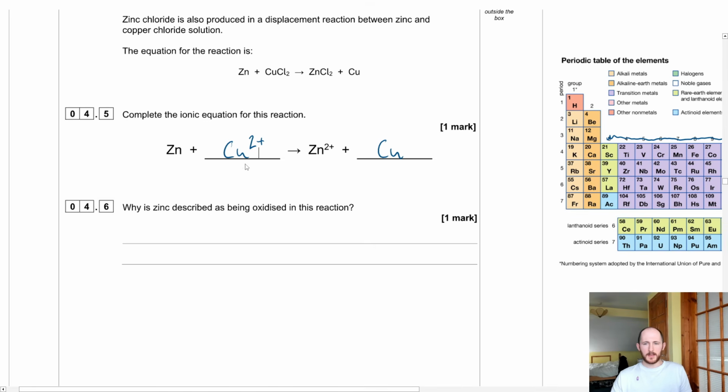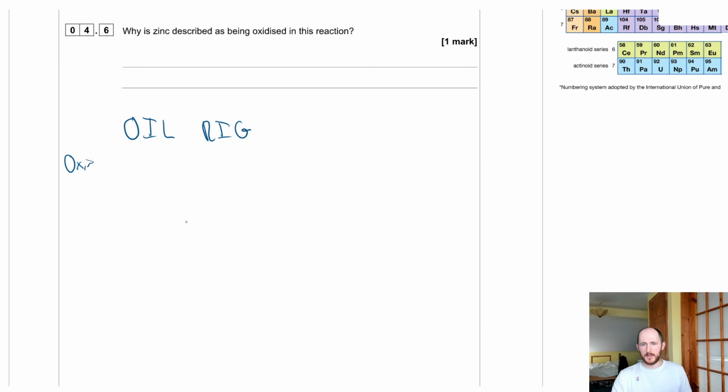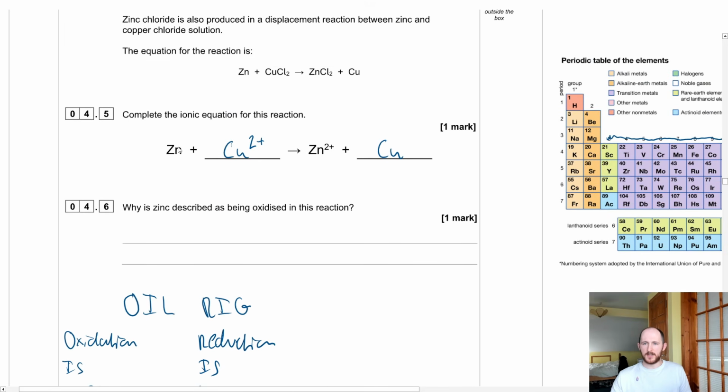So, why is zinc described as being oxidized? Well, if you remember your acronym OIL RIG, all that stands for is oxidation is loss of electrons. The "of electrons" obviously isn't part of it. Reduction is gaining of electrons. So in this case, because as you can see, zinc is becoming a positive ion,